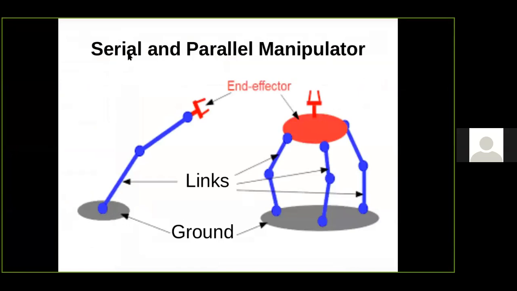So this is called as a serial manipulator, and this is called as a parallel manipulator. In serial manipulator, the links will be connected in series, and in parallel manipulator, there will be lot of links connected in parallel. In between the links, there will be lot of joints, like revolute joints, which we can find in the door. The door of our house and windows have revolute joint. So they'll be fixed to the ground and they'll be able to move.